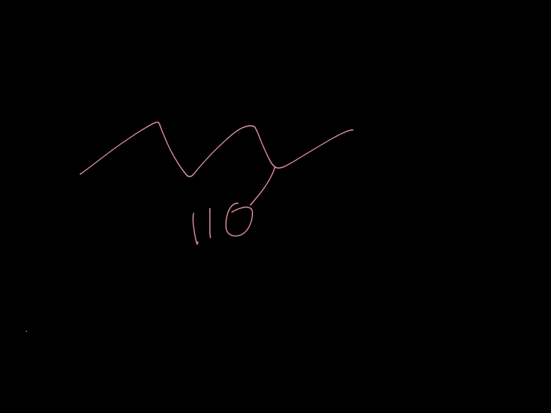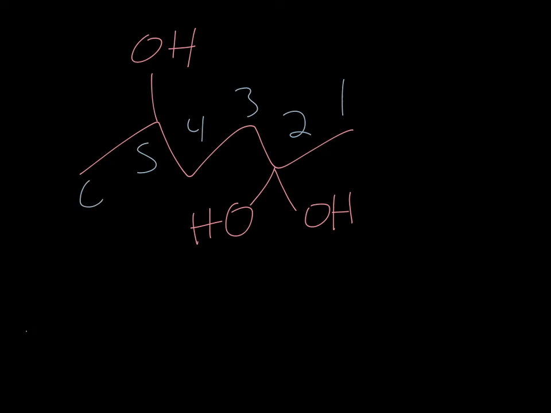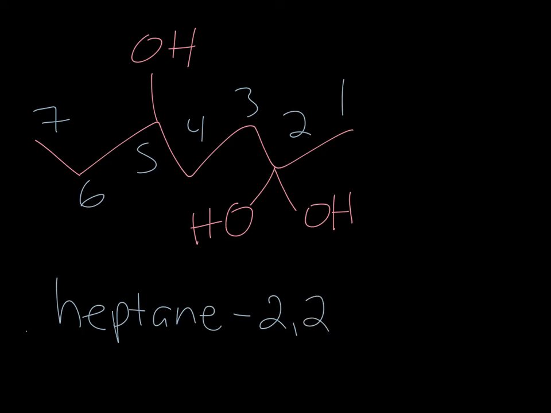So let's say that I have 3 alcohols. That would be a triol. And I'm going to put these right in front this time. So I have 1, 2, 3, 4, 5, 6. Everything's 6, so let's make it 7. Okay, so this would be heptane-2,2,5